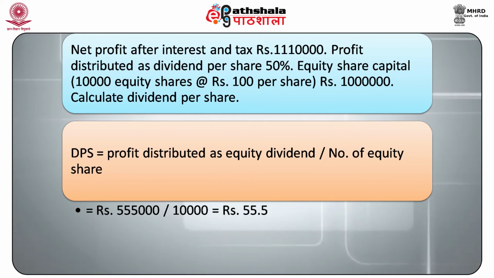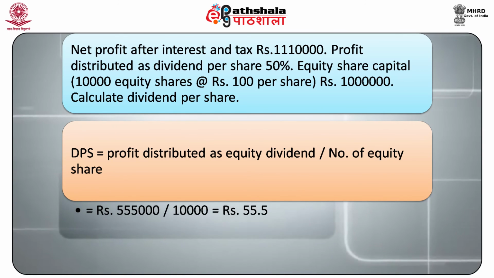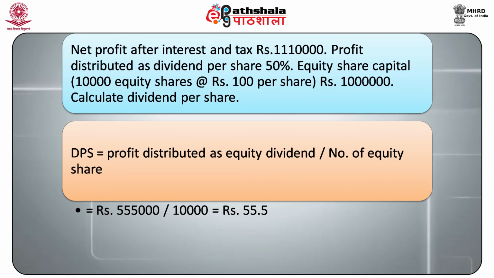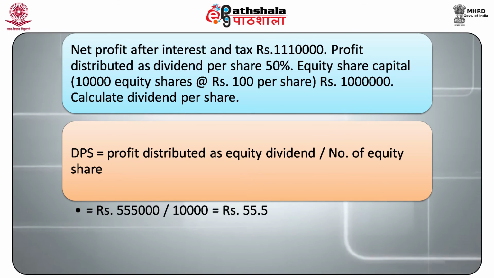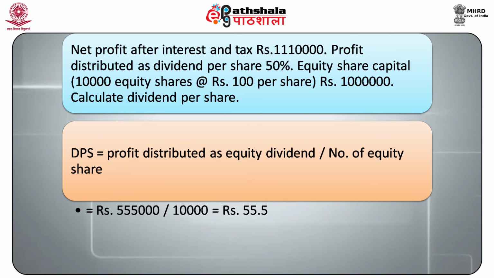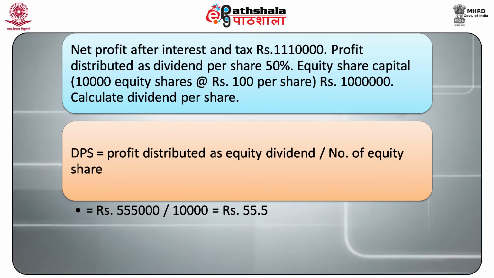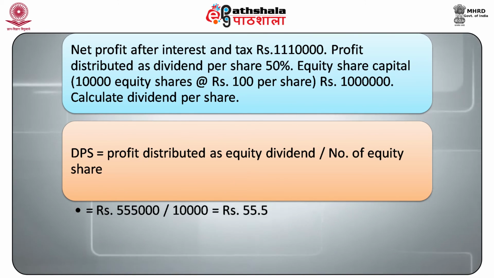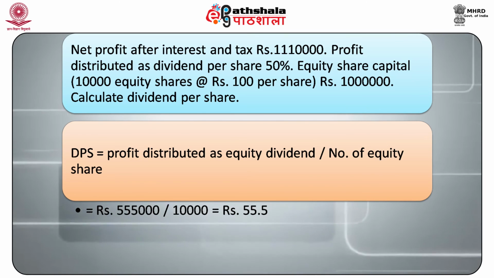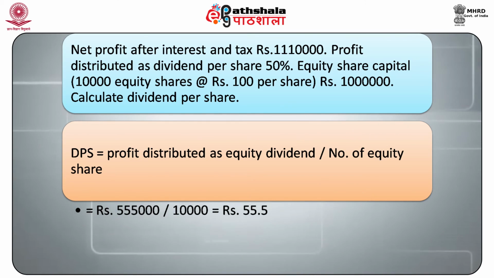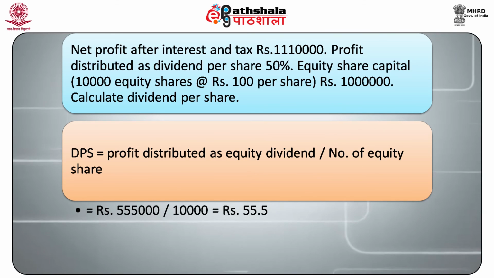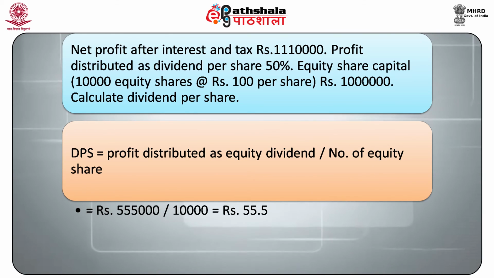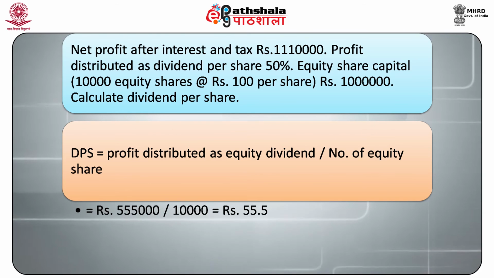Example 14. Net profit after interest and tax is rupees 11 lakh 10,000. The profit distributed as dividend is 50%. Equity share capital of 10,000 shares at rupees 100 per share, which is rupees 10 lakhs. We need to calculate the dividend per share. The dividend per share, or DPS, is given by profit distributed to equity divided by the number of equity shares, which is rupees 5,55,000 divided by rupees 10,000, which is rupees